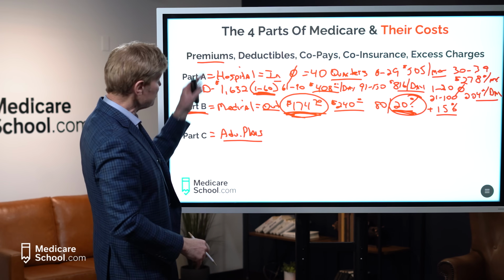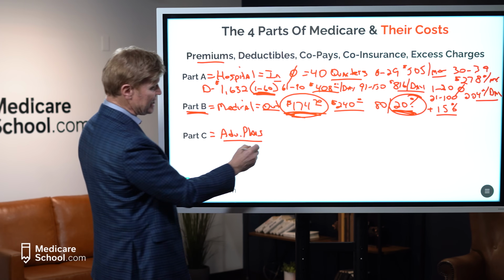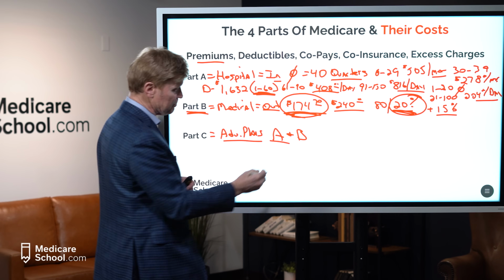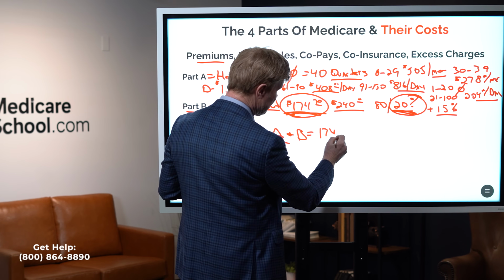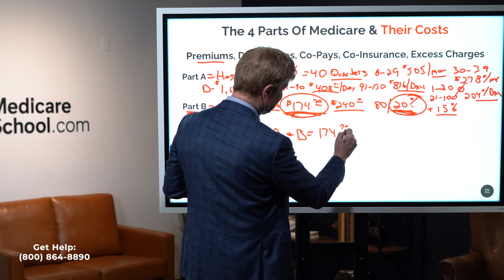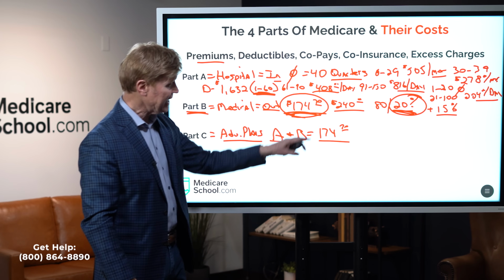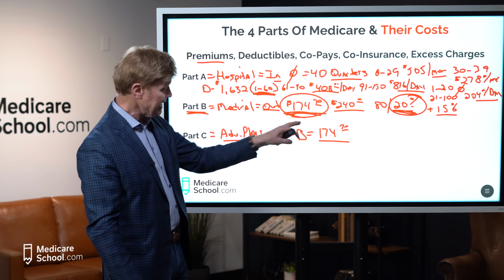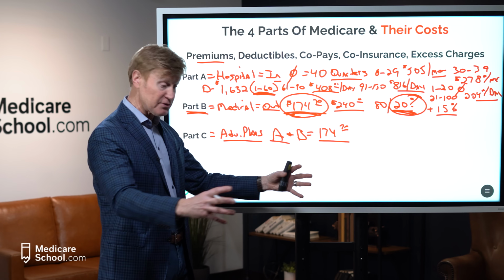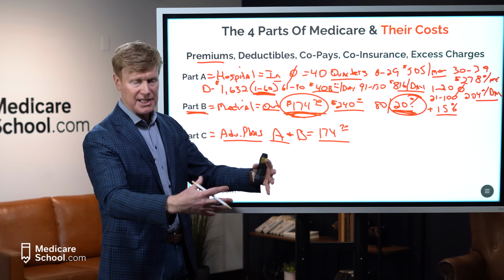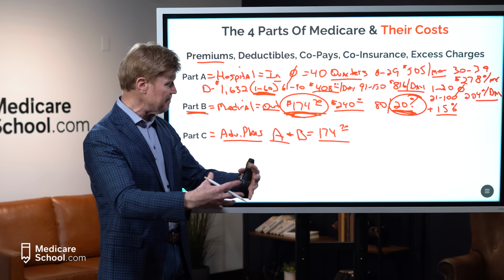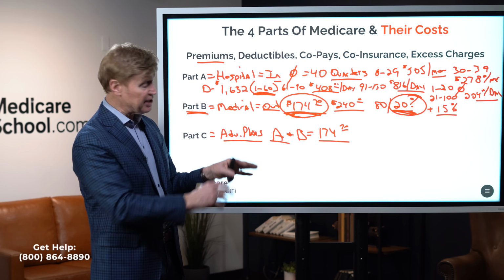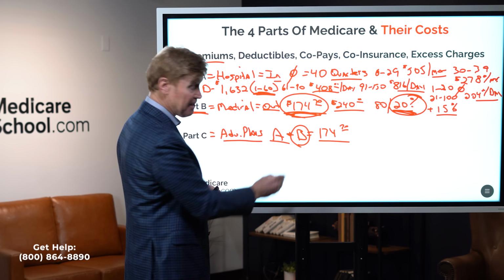So let's talk about premiums. First off, to have a C plan, to have an Advantage plan, you have to be enrolled in A and B. Well, A is free for most people, as you saw, but they have a B premium, $174.70 a month in 2024. Again, we'll have possible surcharges here. But my point is, to be enrolled in that Advantage plan, we got to live in a certain service area, which is typically multi-county or metropolitan, maybe even a whole state. We have to be enrolled in A and B, and we have to pay, again, that Part B premium.